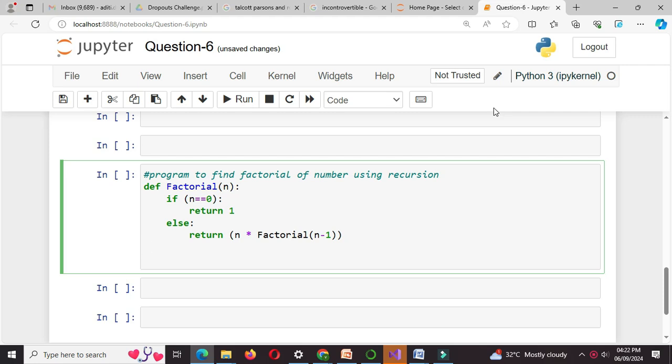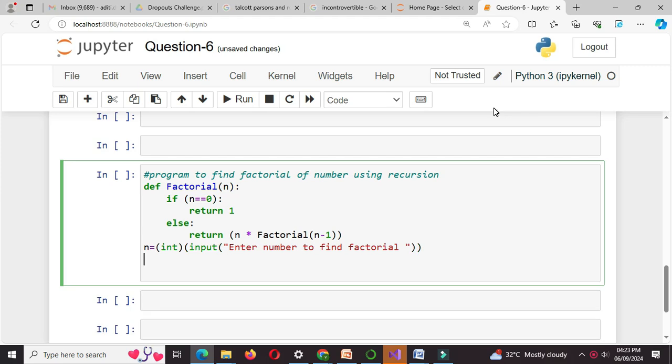So n equal to int input, enter number to find factorial, and we will call the function factorial and we will pass n as a parameter. Since this function is returning only value, we will call this function in print statement. So print, we will print factorial of a number and we will call the function factorial of n, and we